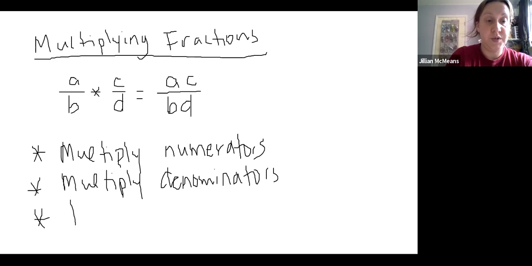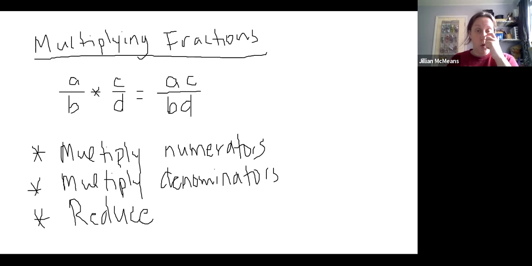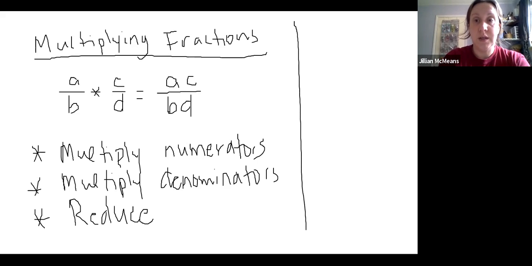and then reduce. Now, there is an issue with this method, okay? When you multiply two numbers, your product is a bigger number, right? And so reducing fractions can be kind of difficult all on its own, but if you're getting these huge numbers, like 3- and 4-digit numerators and 3- and 4-digit denominators, reducing can be nearly impossible. So the Jillian method